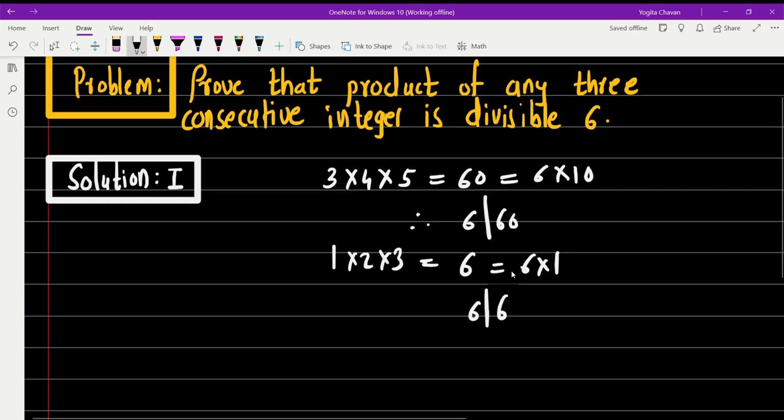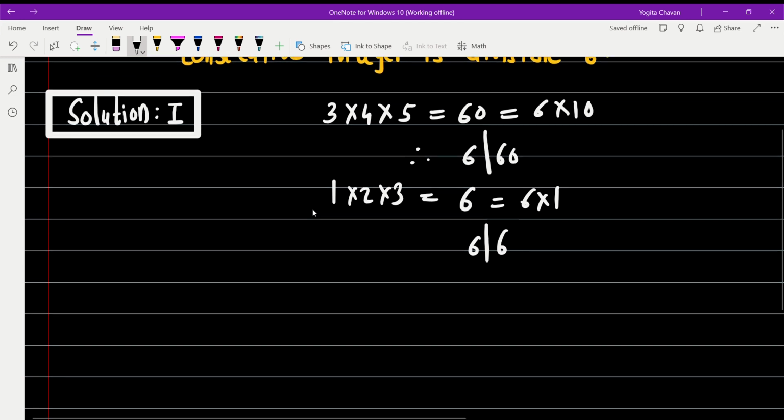Now we are going to prove this. We are going to solve this problem by two different methods. That is, we are going to provide two different solutions for this problem. Now, solution number one: